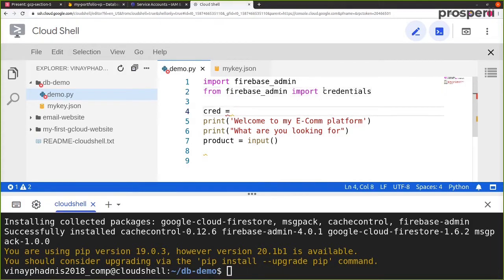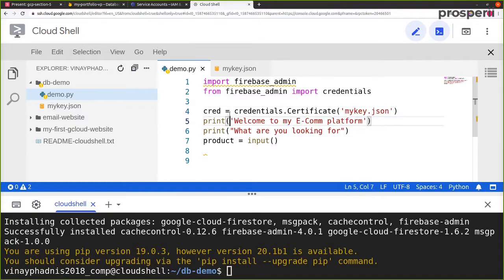With this we are importing a module called credentials from Firebase admin. Now cred is equal to credentials.certificate, and inside credentials.certificate we just pass in the name of our key. So over here we have my key.json,